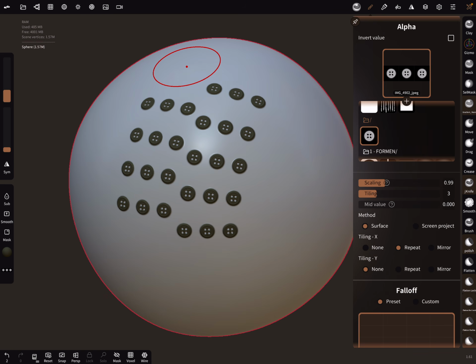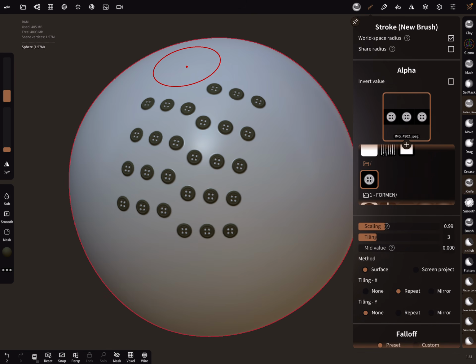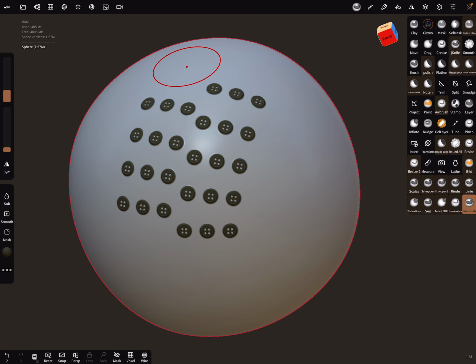And now when everything is complete, we go to the brush at the bottom here, and now we save the settings. Yes, save settings.